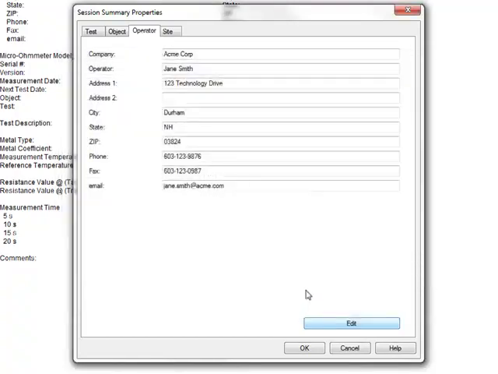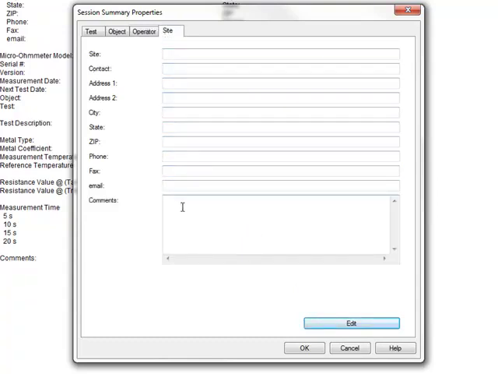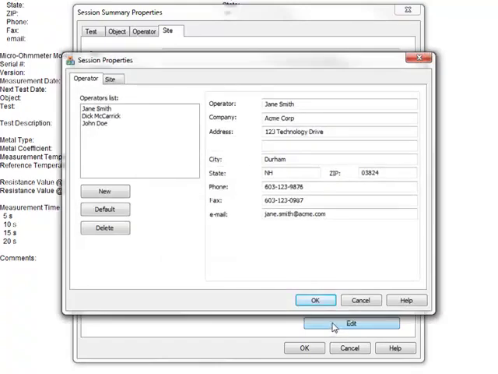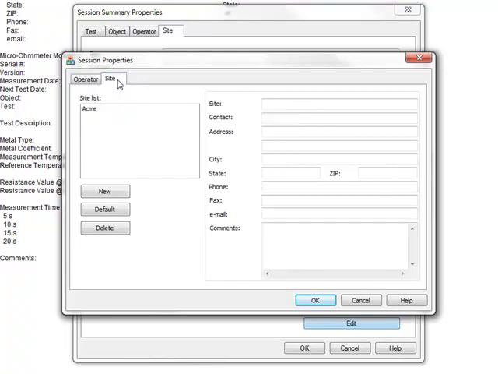The final tab in the Session Summary Properties dialog box is labeled Site. This lets you enter data about the location where the test was executed. When you click Edit to enter information into this tab, the Session Properties dialog box appears. Open the Site tab. As with the Operator tab, you can complete the displayed fields or choose an existing name